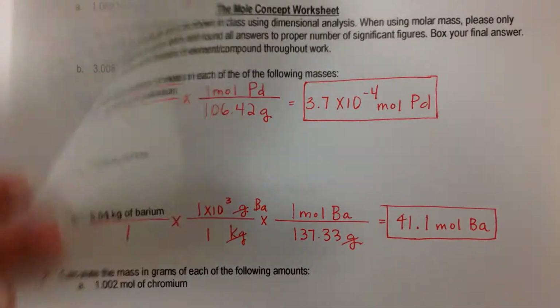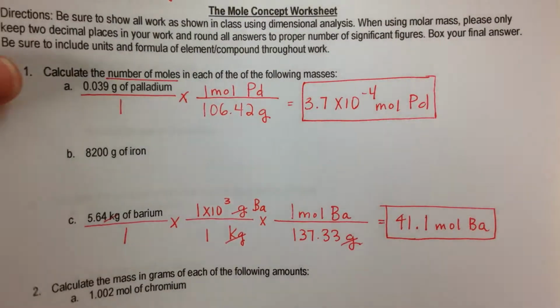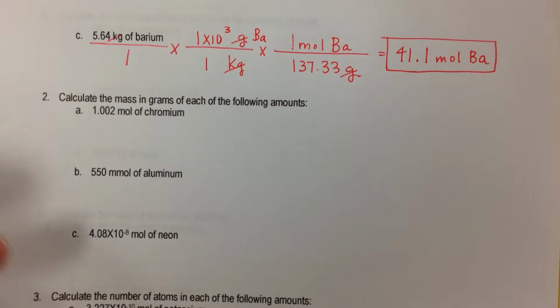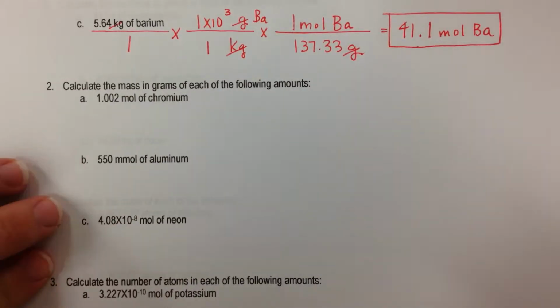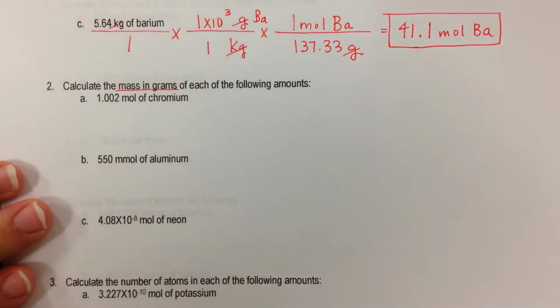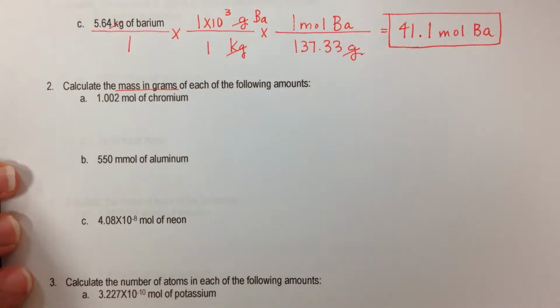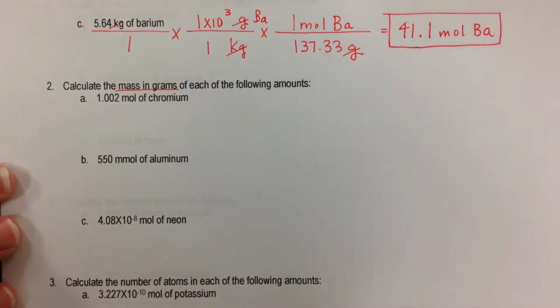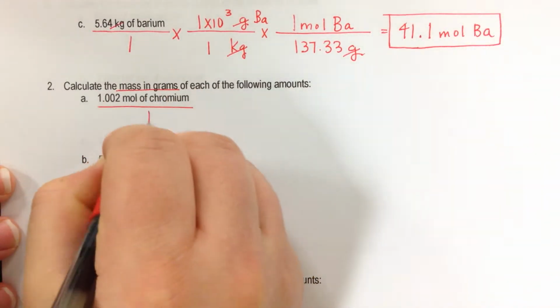Going on to the next section. Calculate the mass in grams. In this second section, we're going to go from moles to grams. Very similar to what we did in section 1, except our units are going to be lined up a little bit different. One of the mistakes that students make is trying to memorize top or bottom. Don't do that. Follow your units. If moles is on top in this case,